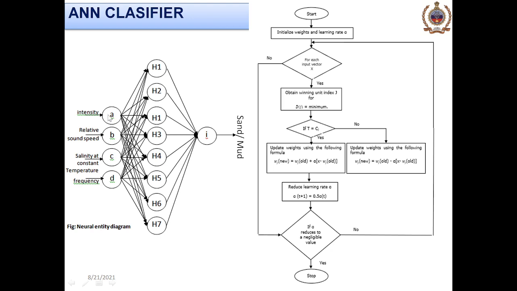Now the basic idea here is, if the intensity is 1 and the relative speed is another 1, salinity, all these combinations will go to this point. This is a hidden layer H1 and this is an output layer. So what weightage is to be given to intensity, to speed, to understand this as sand? This weightage decides which parameter matters. You may have 4 inputs, but all 4 inputs do not contribute proportionally to this decision making. They are added with a weight, and this weight matrix gets tuned based on the training set of